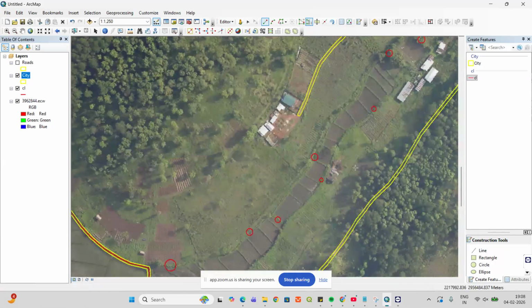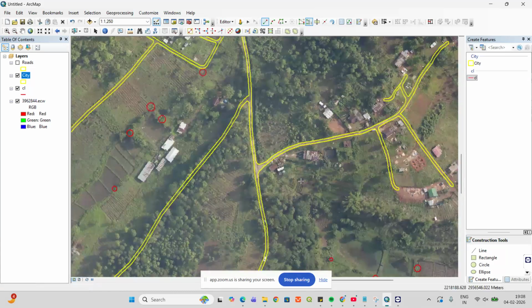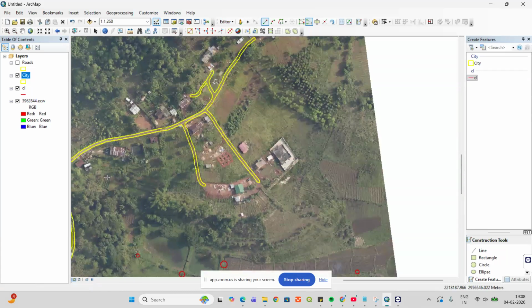And mostly these areas are hilly terrain, so we have a complication of signaling also. There will be some places where only GPS will be signaling and Bluetooth or other things will not be there. So in those cases we need more receivers and amplifiers to make sure your drone responds to your signal. So there are so many parameters that we have to consider when you're going for hilly areas. The tougher the terrain you get, the more parameters you have to consider, the more time it takes for you to properly design a flight plan. Planning a flight plan is easy, but when you are getting into tough terrains,